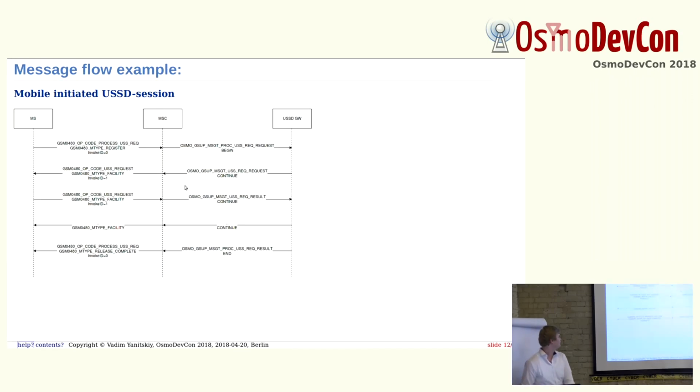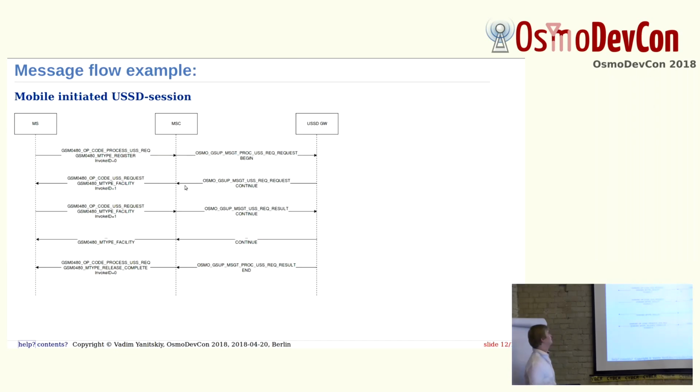Here you can see an example of communication between a mobile station and the USSD gateway. I don't put the HLR here, but you can imagine that it is between the MSC and the USSD gateway. For example, the mobile station first sends a register type of message, and the operation code is process USSD request. It arrives at the mobile switching center, and here we need to convert it to the corresponding GSAP message, which is a subtype of the process USSD request message. And using this message, we begin the session between subscriber and